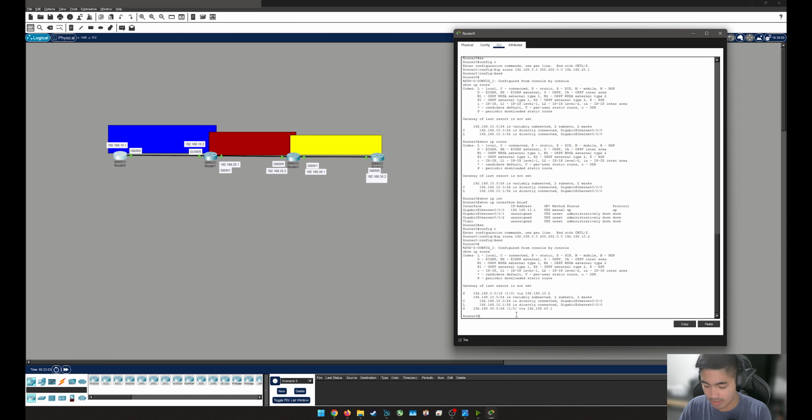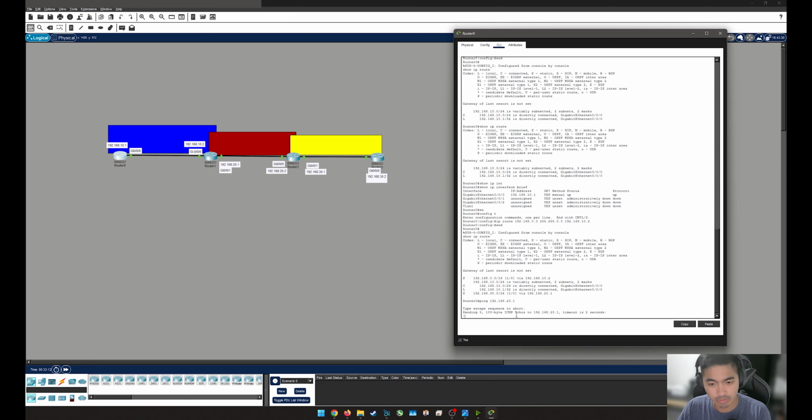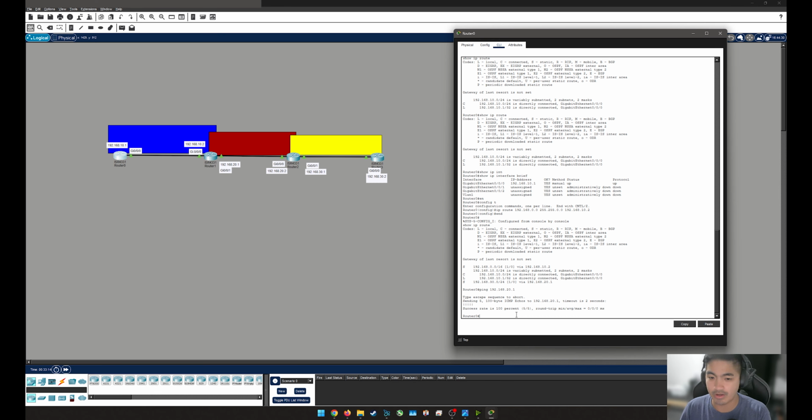So let's see if we're able to ping 192.168.20.1. Should be able to. We were able to earlier. All right. We weren't able to do it earlier, but because we added this static route here with the 16